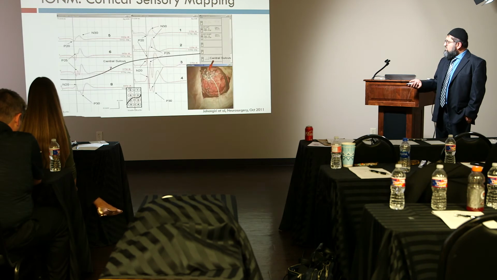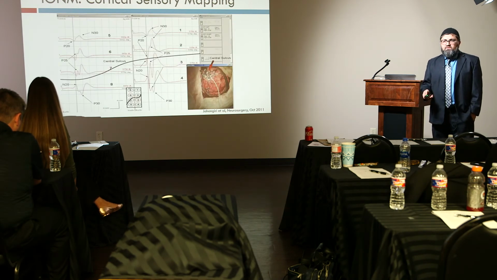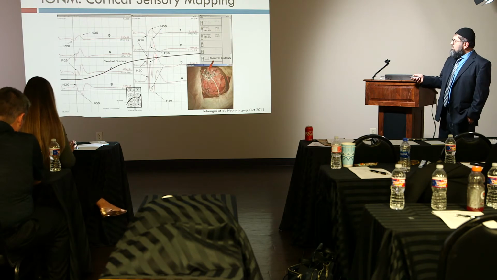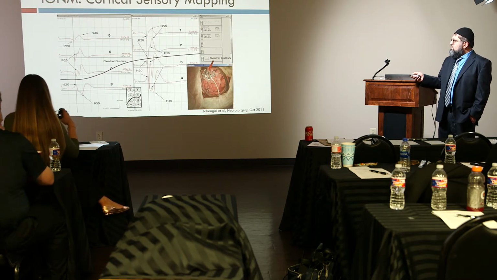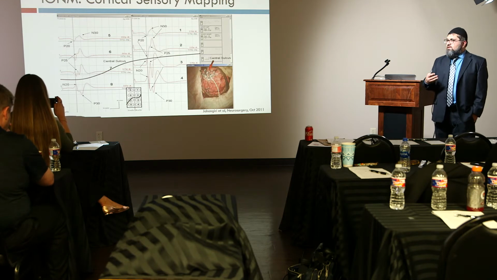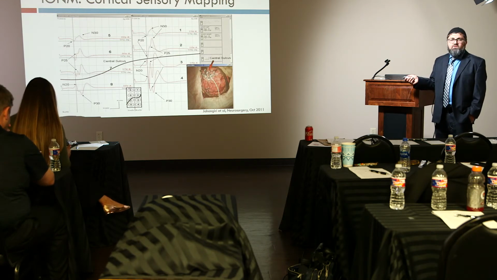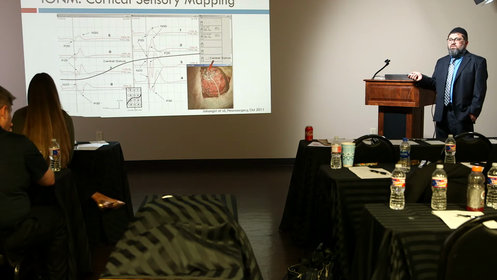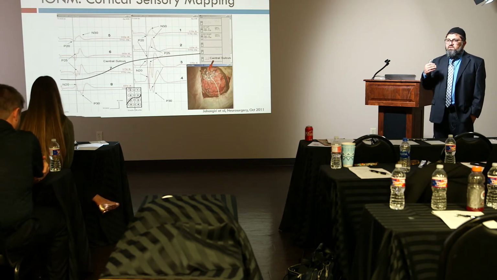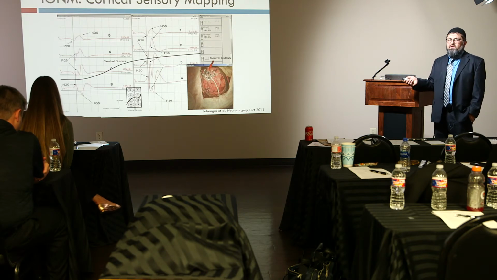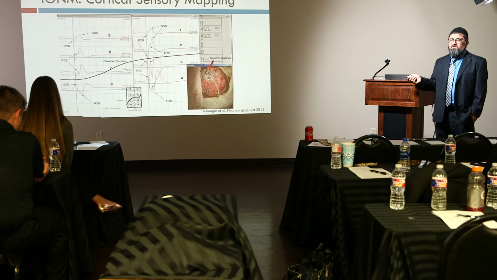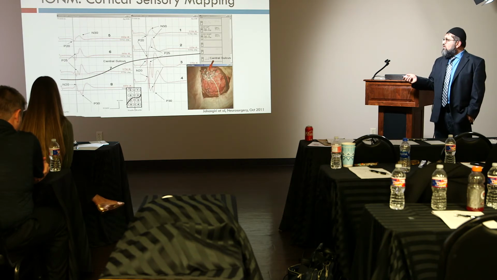So once you have that, so many times, even when you're communicating with the neurosurgeons, you tell them, okay, this is pre-central, this is motor responses, and we always get misunderstood because they think that this is a motor response. So this is not a motor response. You can take the motor area, the gyrus, out and you'll still get these responses, because these responses originate from the post-central gyrus, but they are picked up by a grid on the pre-central area. So the responses are produced in the post-central area, but are recorded on the pre-central area.